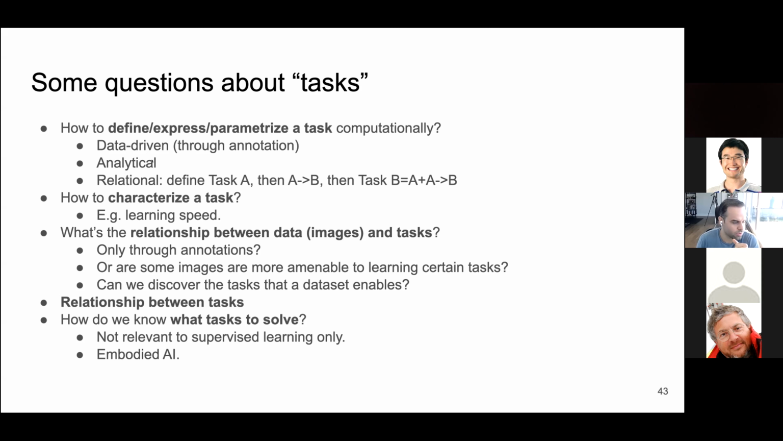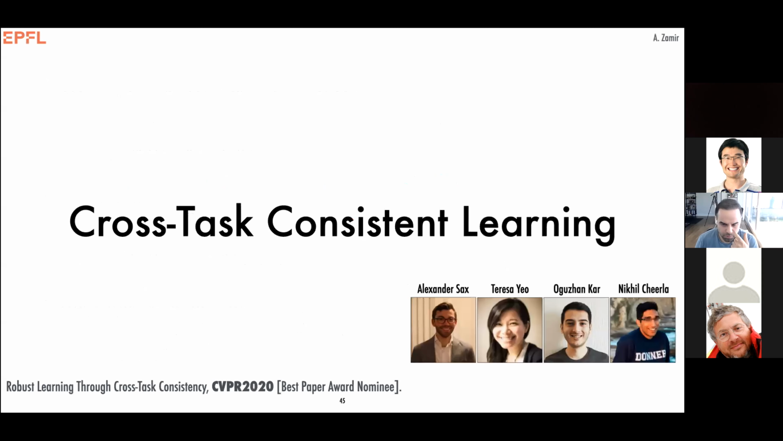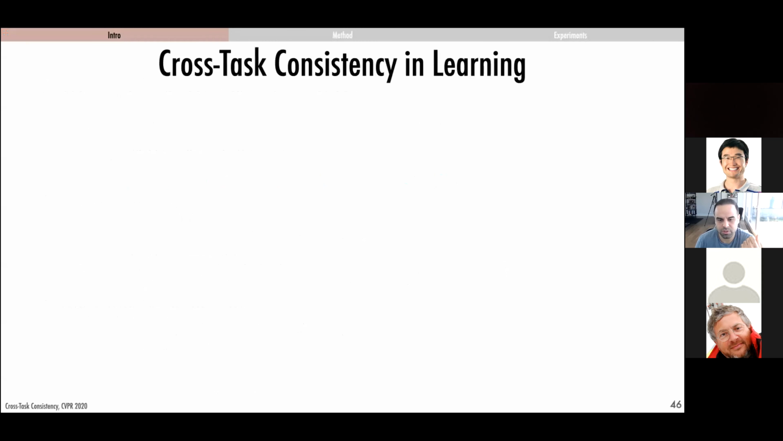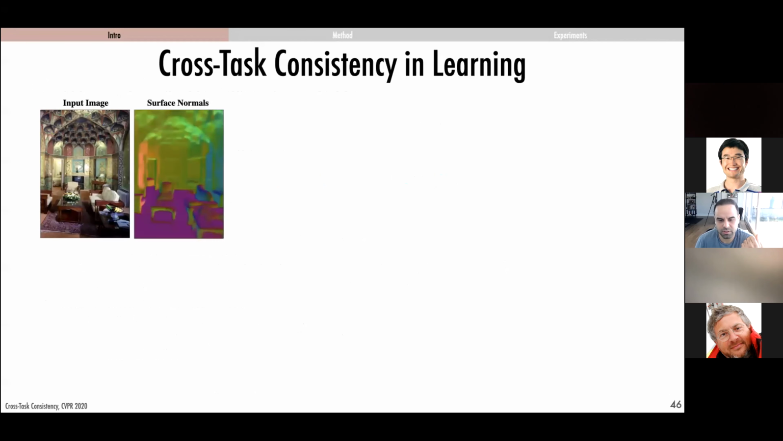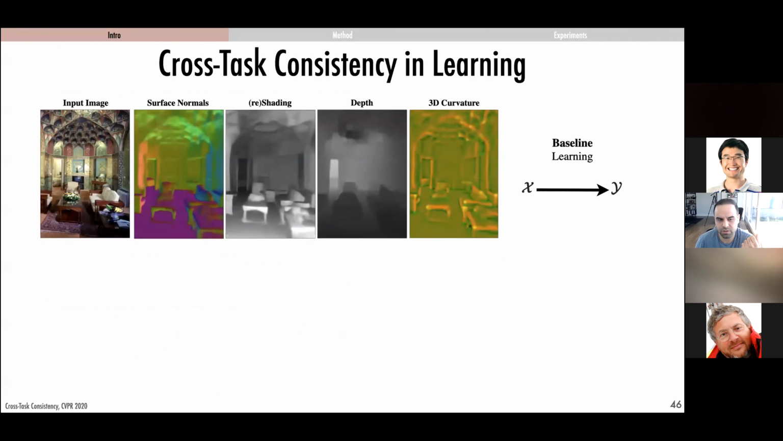So let me show you something in this relational stuff, and we'll come back to the rest of the discussion. This was a paper that we published last year on Crosstask Consistency. I'm not going to get into details of it too much, but just to give you basically what relational means, an exemplification of that is that, let's say today, if you want to get an image and extract, say, 5 different domains out of it, or 4 here, surface normal, reshading, depth,